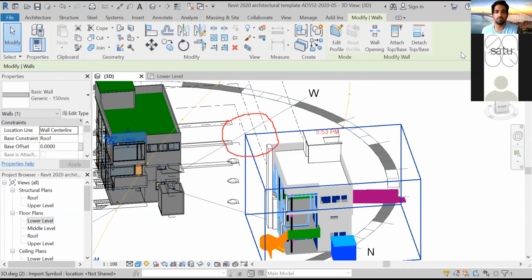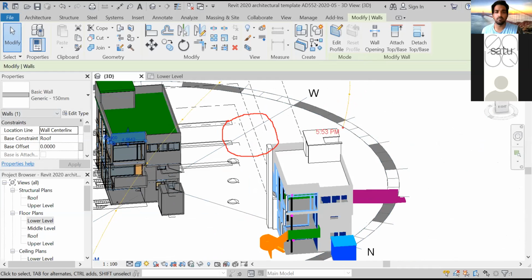Is it correct? Yeah. So, yeah, it's a mistake. Same thing. You have to add the roof here. And